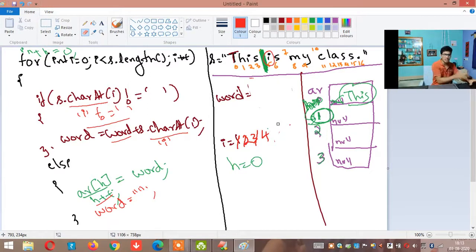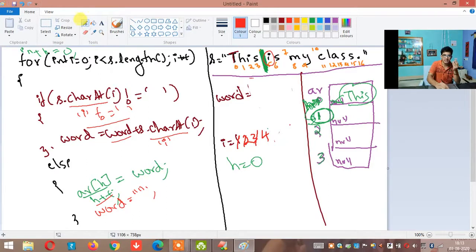As soon as I store it, do I have use of that word variable? No. The value is stored in arr of 0, so the value is of no more use. Clear the value. If you have this practice, 90% of the problems you will evade. This is very important in programming. So I have cleared the word.